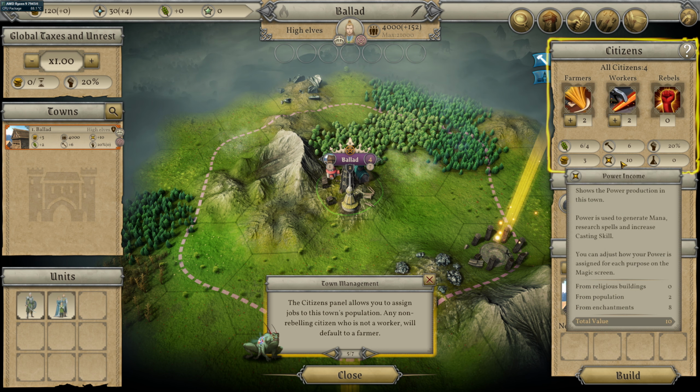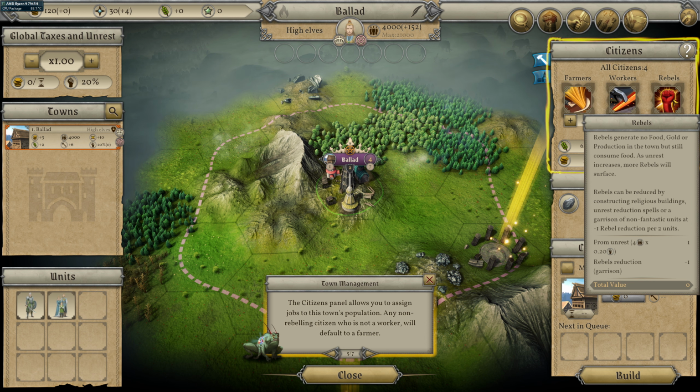Power income shows the power production in this town. Power is used to generate mana, research spells, and increase casting skill. You can adjust how your power is assigned for each purpose on the magic screen. We'll get into that. From our population, we get 2 power and then 8 from enchantments for a total of 10. And then rebels generate no food, gold, or production,